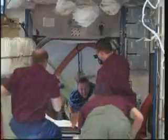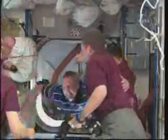Commander Ken Ham, second visit to the International Space Station. He's the commander of STS-132. Next is Michael Good, his first visit to the International Space Station, his second mission in space. He flew aboard Atlantis a year ago this month as part of the Hubble Space Telescope servicing mission crew on